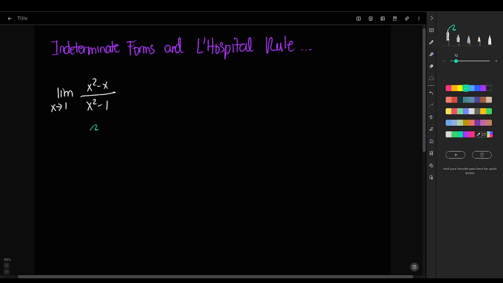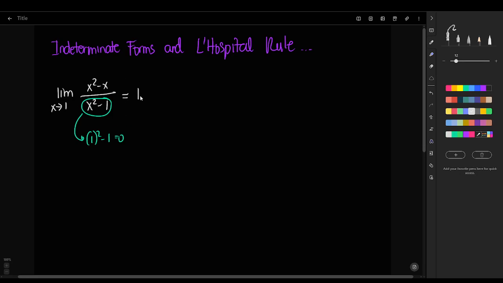So this gives you an indeterminate value. Look here at the denominator. If you plug in directly the value of 1 to the denominator of this rational equation, this is 1 squared minus 1, and it gives you 0. A fraction with a denominator of 0 gives you infinity, and therefore the limit does not exist. And way back then, one of the solutions that you could use here is to simplify this